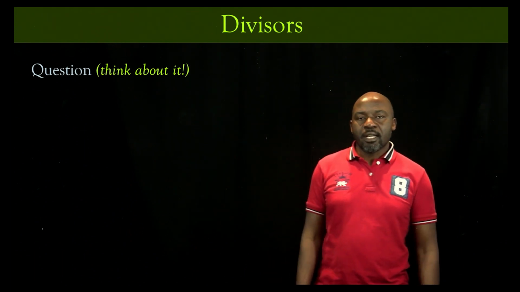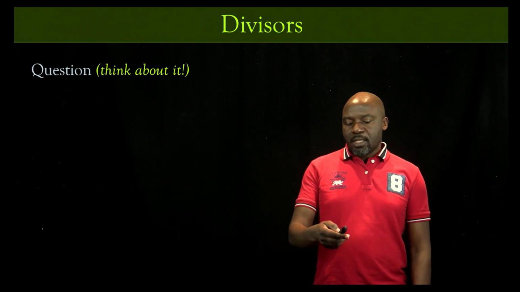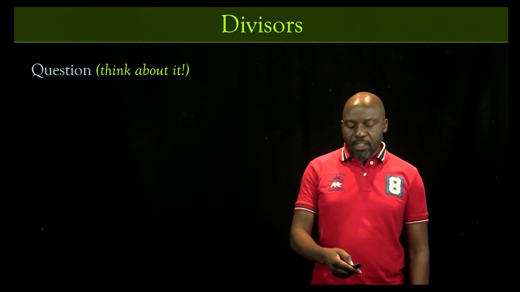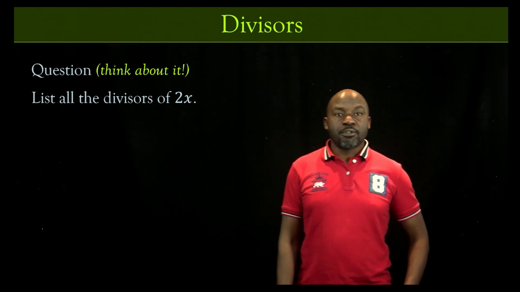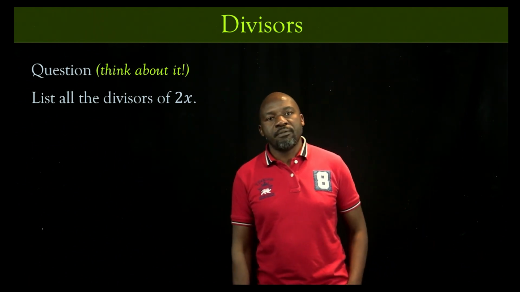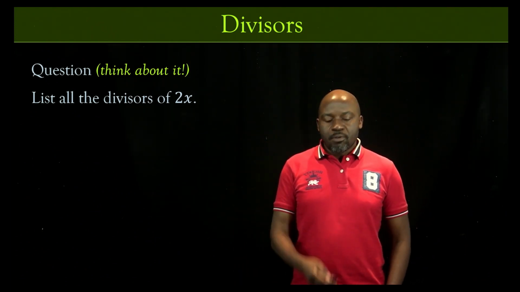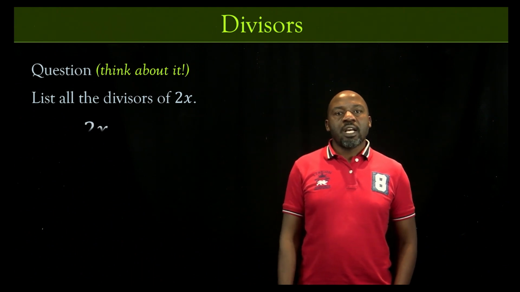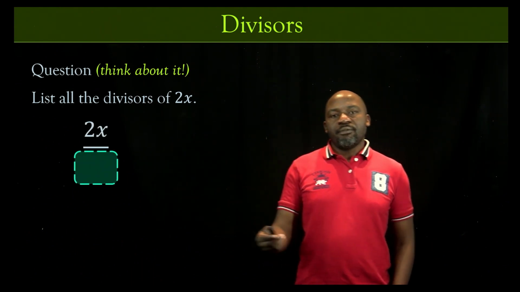You can try other examples, 6, 15, whatever number that you want to try. But let's also try some algebraic expression. Okay, list all the divisors of 2x. Can we find all the divisors of 2x? Okay, so we'll have 2x in the same way we did it earlier. And we start dividing by